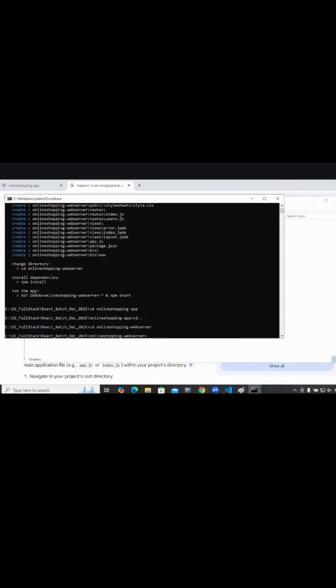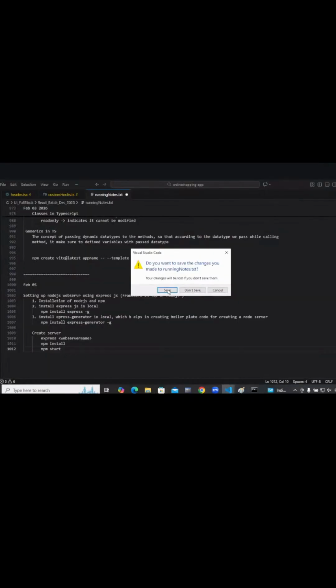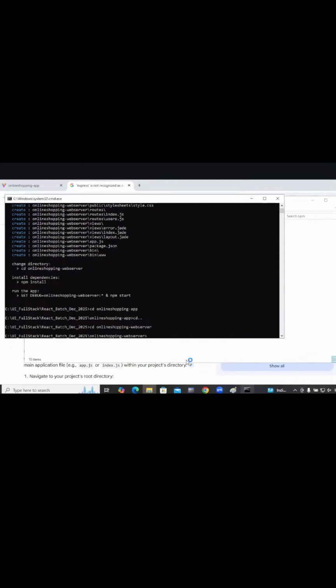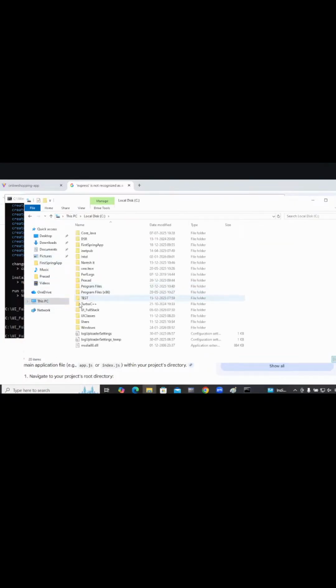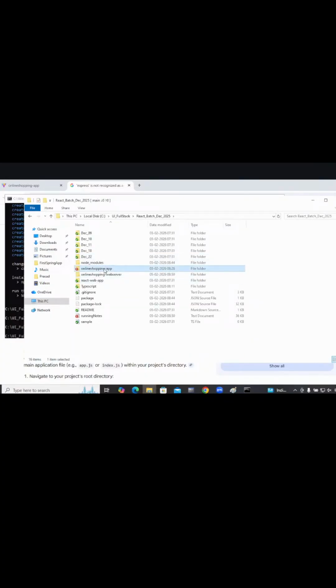Let's do one thing to make it simpler. We will modify this folder, client and server, UI full stack. Online shopping app hyphen client, to make it clearer for you guys what is client and what is server. Okay, now this is a web server.